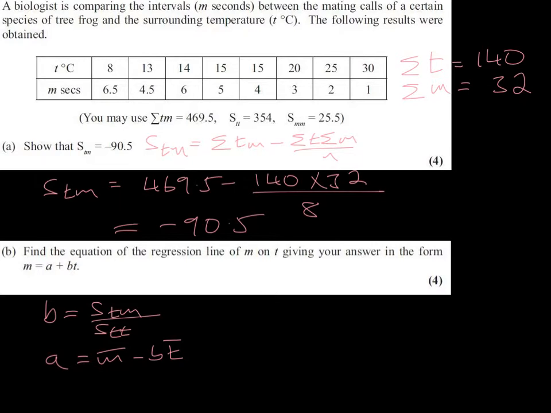So in the context of this question, we should be able to establish that the coefficient B is going to be the covariance STM over the variance of T STT, and again interpreting the formula, A is going to be M bar minus the product of B and T bar, the mean of T. So it makes sense, since we need B to work out A, to start off working out the value of B. So we know that STM is negative 90.5, so we're going to do negative 90.5 over STT, which we've got up here, which is 354. So we work that and we should get a value of negative